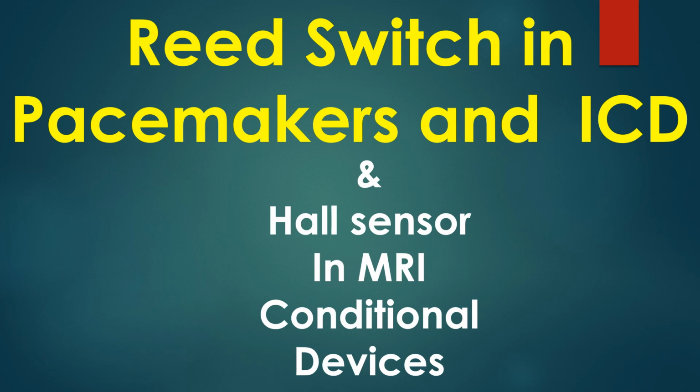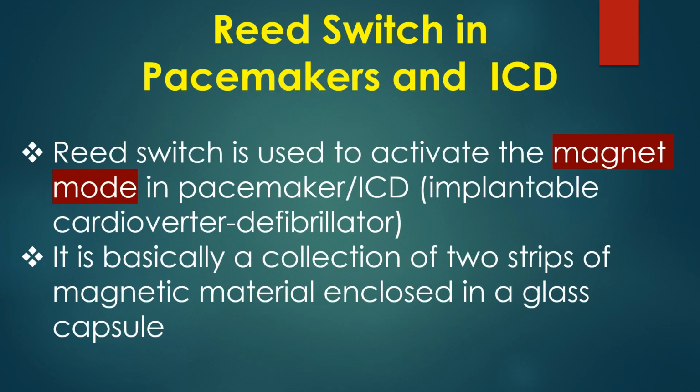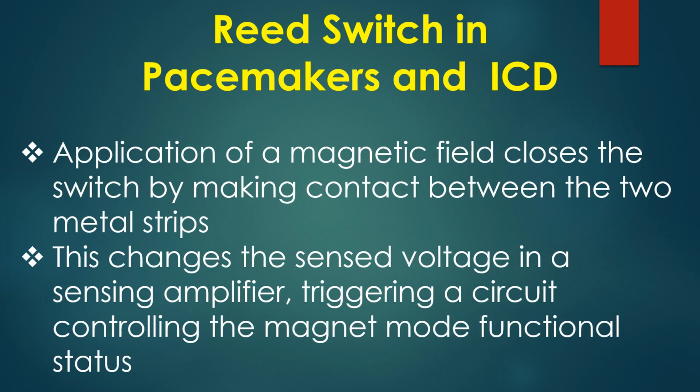This discussion is on reed switch in pacemakers and implantable cardioverter defibrillators. Includes a mention on its replacement by Hall sensor in MRI conditional devices. Reed switch is used to activate the magnet mode in pacemaker or implantable cardioverter defibrillator. It is basically a collection of 2 strips of magnetic material enclosed in a glass capsule. Application of a magnetic field closes the reed switch by making contact between 2 metal